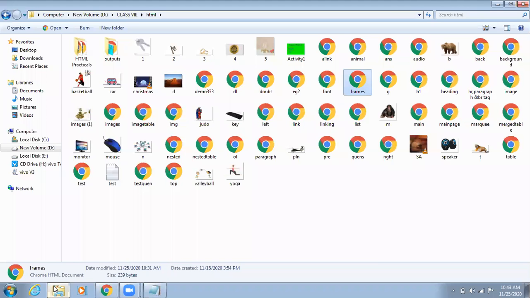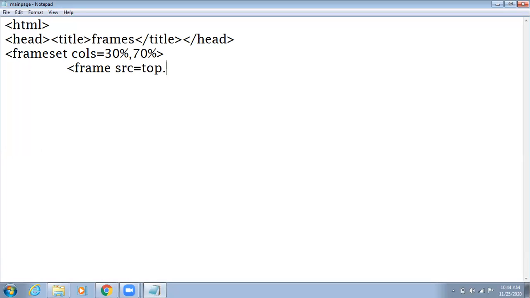I'll add the pages which I already have in my folder. So I'll add this top page, top.html. I'm also giving a name to each frame. So this is f1, frame 1.